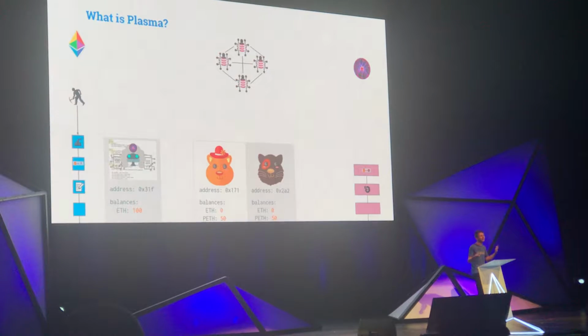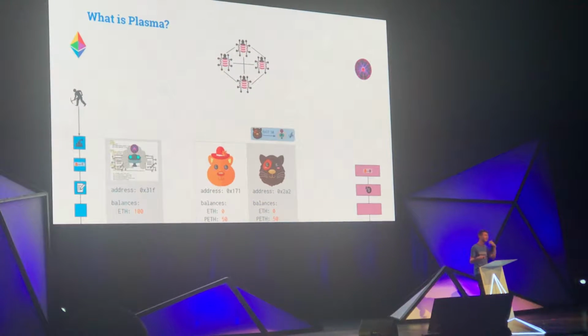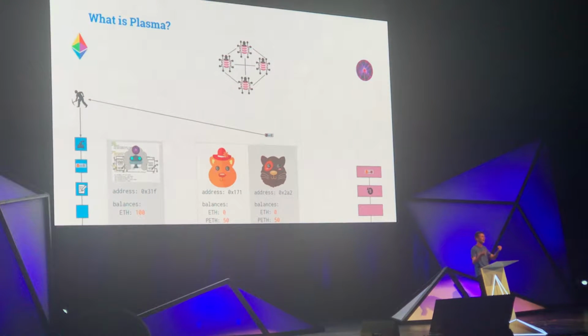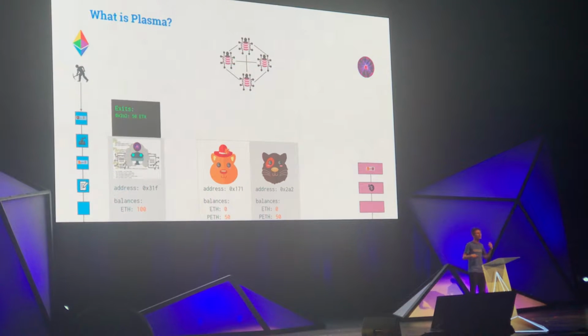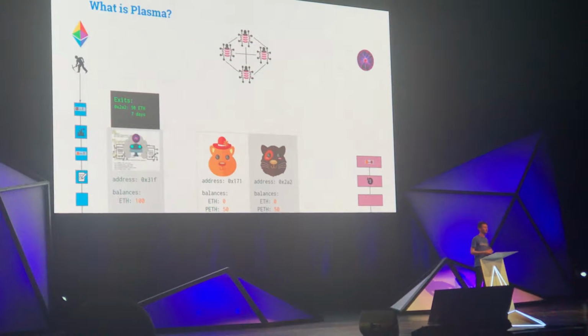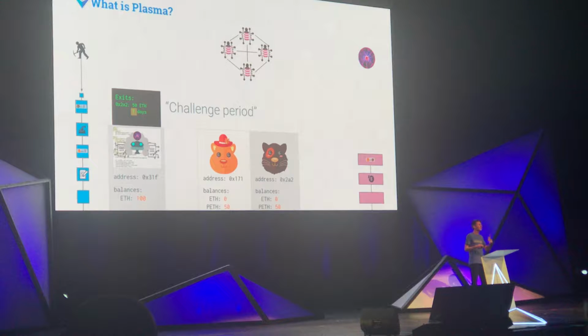So the last thing is exiting tokens, right? Bob wants to exit his coins, and he creates a transaction which says I want to exit, and sends it to the main chain. The main chain starts this exit process, and there's 7 days for a challenge to be submitted. So essentially we have this challenge period of 7 days, and we wait for